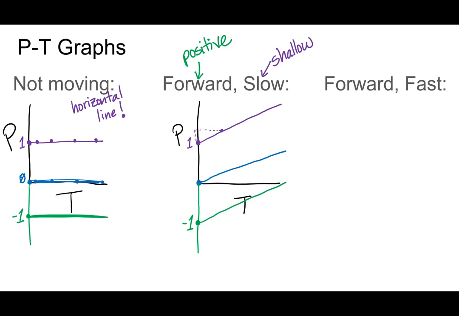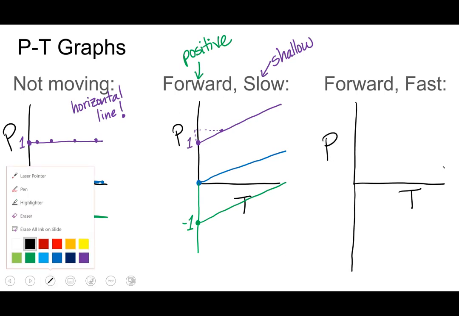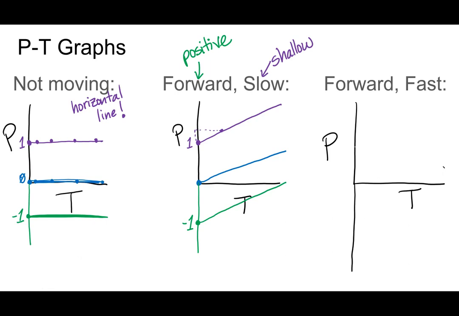Now let's do forward fast. Let's get our axes back on here. Actually, I'm going to go ahead and draw down here as well. So here's position, and here is time. And let's start at 1 meter away from the tree. So here we are. If I am going forward but fast, fast means I cover a very large distance in a certain amount of time. And so the more position I change, the faster I go,